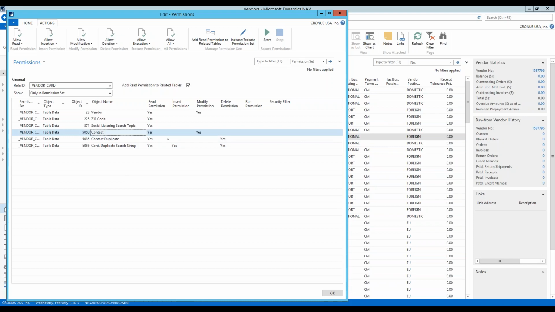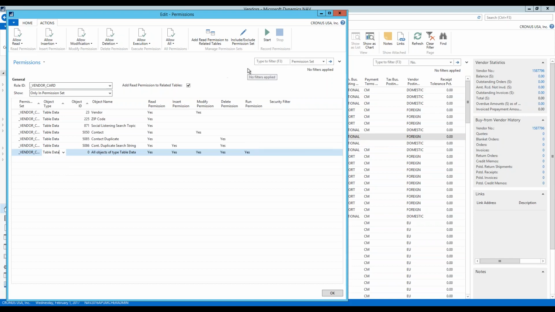So now there's another tip that I kind of learned as I was going through this process. Most of the time, you are not going to have a process where you want the user to only do one step. You're going to want them to be able to update the vendor cards and, say, update the customer cards. Recording permissions in here under your permission set, you can record the permissions for one part, and then after you have those down and you make sure that you've clicked only those links or text boxes or functions that you want that user to have access to,